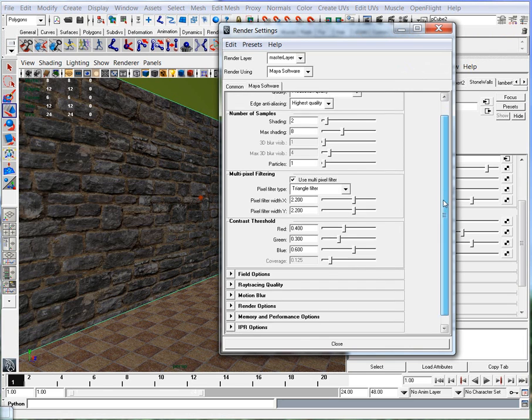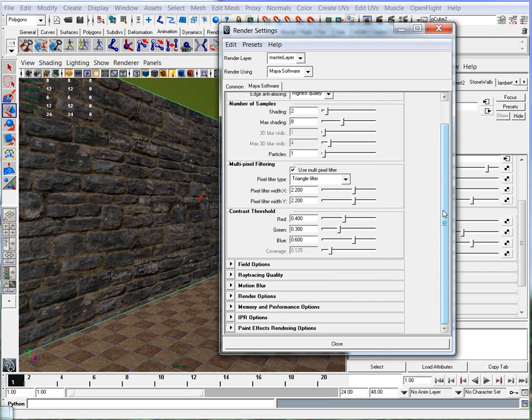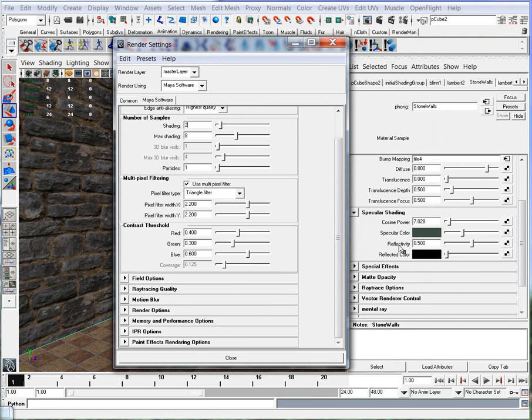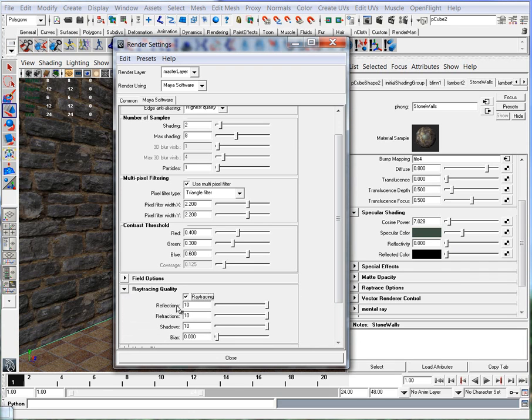Okay? Understand that just like shadows have to be turned on, so does the option as to whether or not objects should reflect one another. If an object isn't supposed to be reflective, and I'm assuming that a textured gray stone wall would not, I'm going to knock this down to 0, even if I don't intend to turn on reflections. If I don't turn that on, I'm still going to put this to 0,